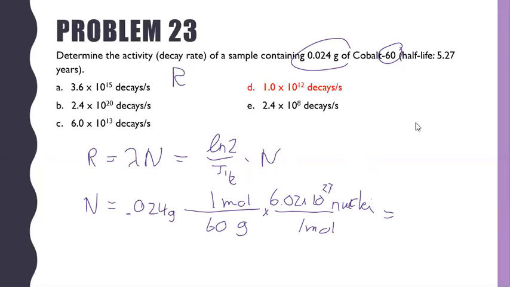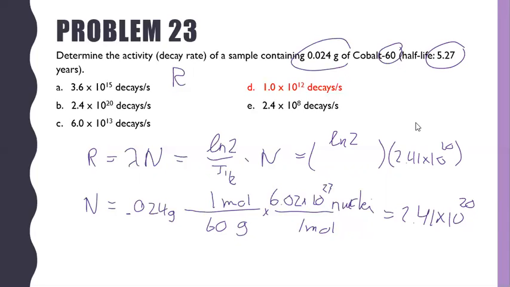So let's take a moment and do that. 0.024 divided by 60 times 6.02 times 10 to the 23. That gives me 2.41 times 10 to the 20th. So that's going to go as N up here. 2.41 times 10 to the 20th. What's going to go for half-life? Well, it says that we have